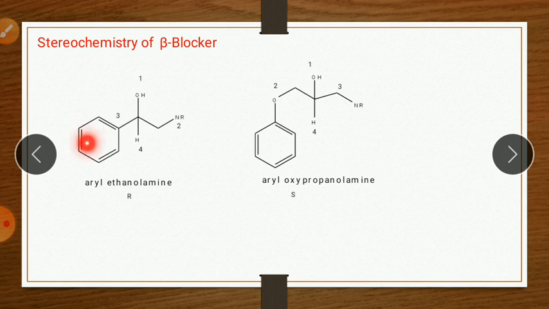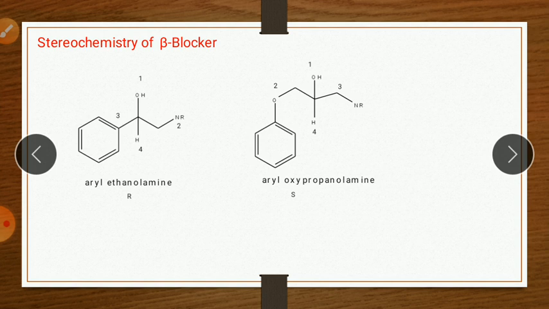In order to give agonist activity, the aryl ethanolamine having the R configuration is important. When the aryl ethanolamine agonist has the R configuration, then this hydroxyl group, this amine group and this ring are in proper position